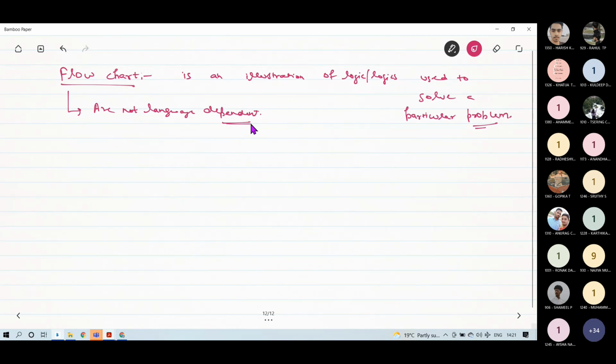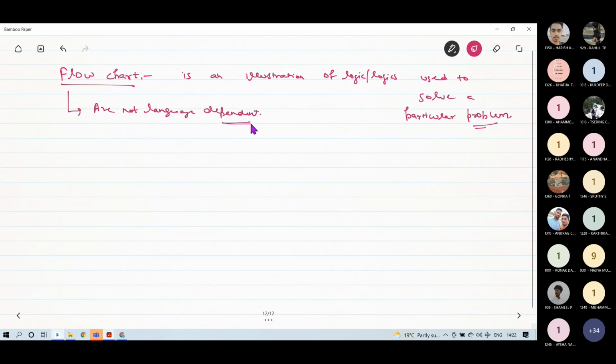Whether you are using C++, Java, or Fortran, a single flowchart of a solution should always work with all the languages. So a flowchart is more basic than your language, you can say.